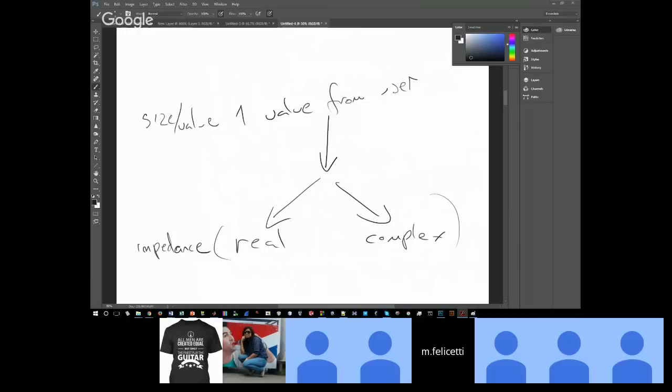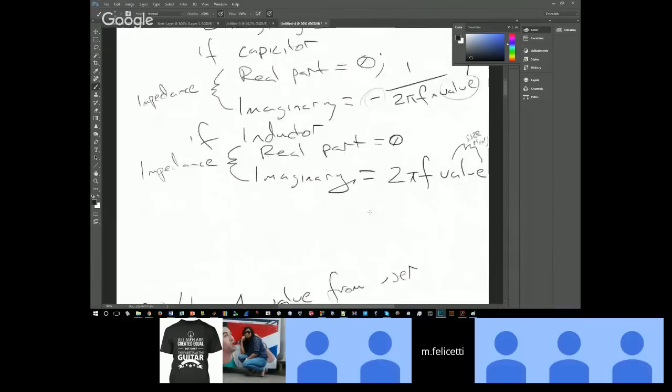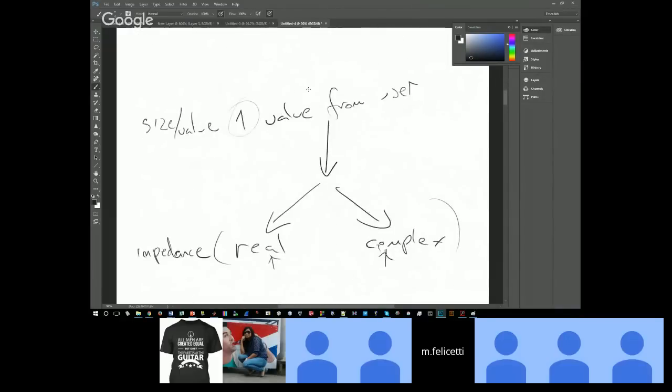So calculate the impedance for both the real and complex part for each component. So you're calculating the real and complex, which we've done up here, for each component. So there's one value per component. Yeah? Does that make sense at all? I'm still a bit confused. Okay,